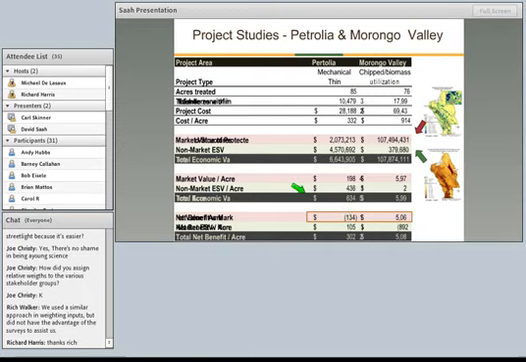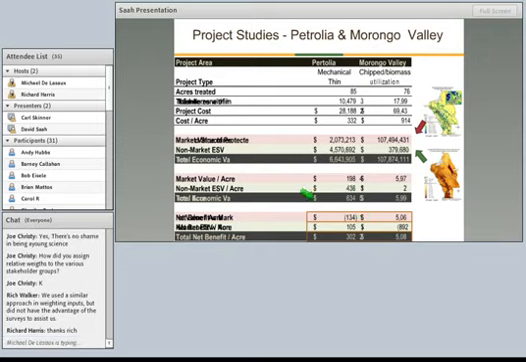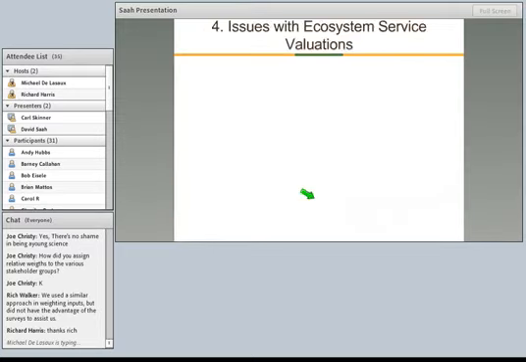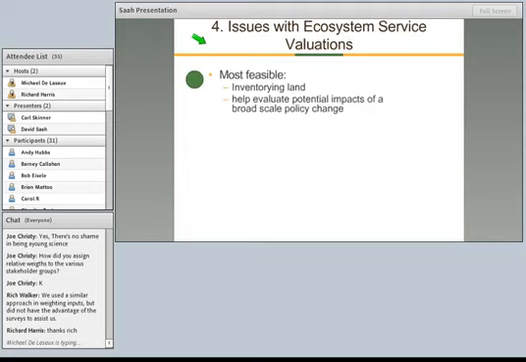So if you're going to prioritize things based off of just the structural values or the market values at risk, the Morongo Valley project will get a lot more priority than the Petrolia project, because this one you're doing at a loss. If you look at ecosystem service on its own, in its own bubble, you'll see the exact opposite story. But when you take them both into consideration, you see that they both make sense, but they make sense for very, very different reasons, and those different reasons also need to be factored into the conversation.